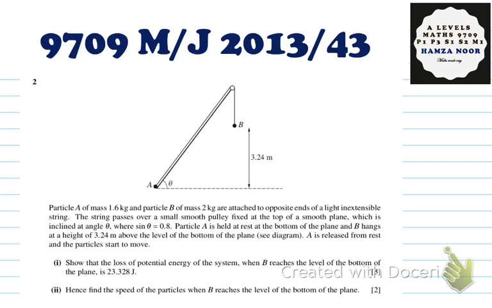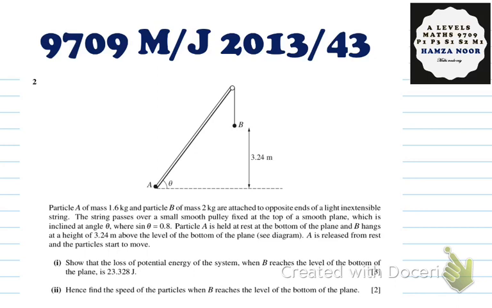Particle A is held at rest at the bottom of the plane and B hangs at a height of 3.24 meters above the level of the bottom of the plane. A is released from rest and the particles start to move. Show that the loss of potential energy of the system when B reaches the level of the bottom of the plane is